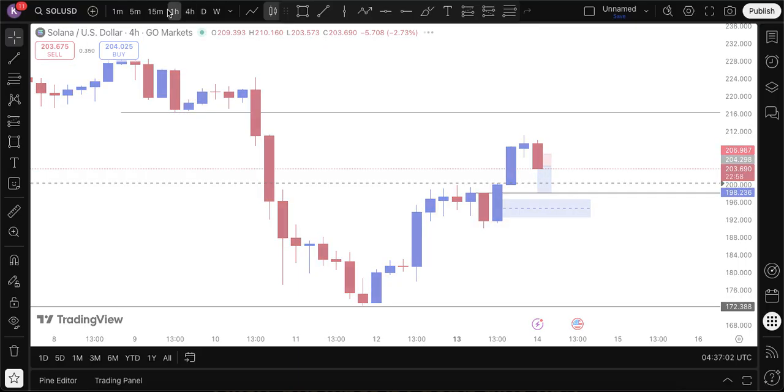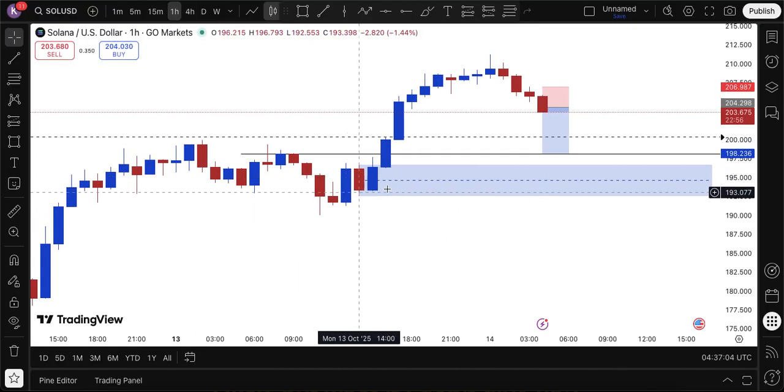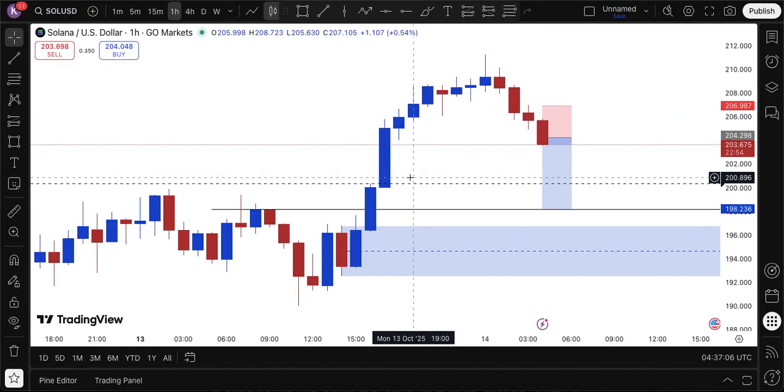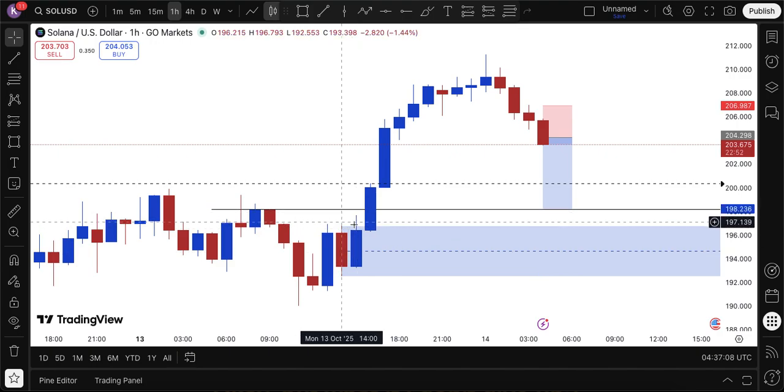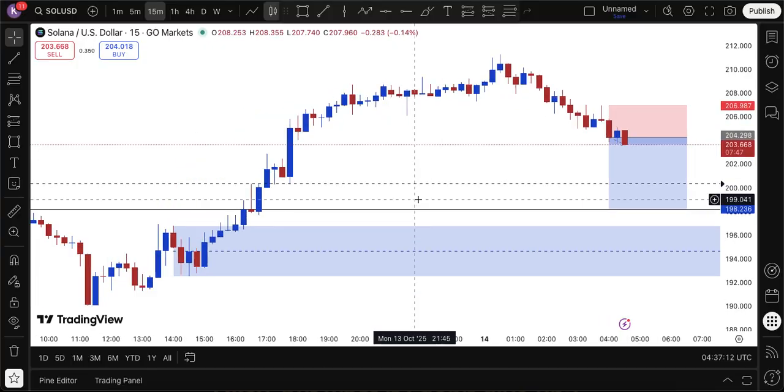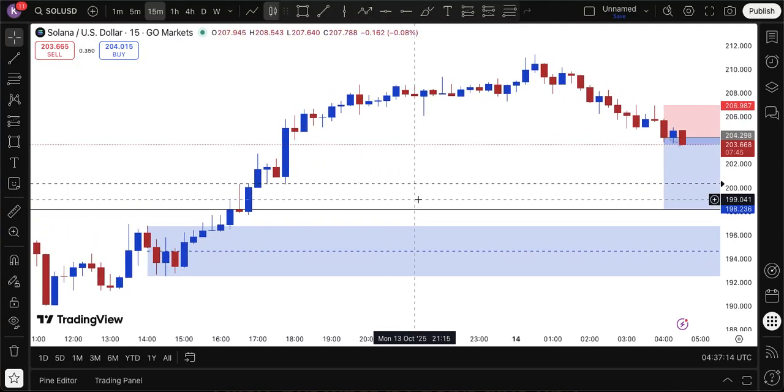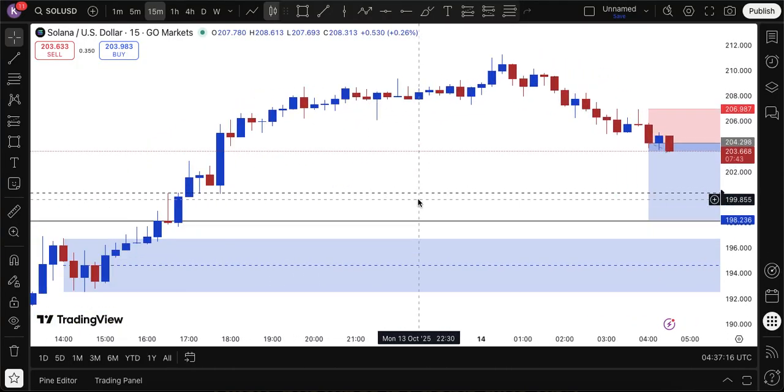I then went to the 1 hour and I noticed this beautiful order block here. But this one didn't engulf it, so I don't know why I marked it out. I think I like to use 15 minutes better. I think I used 15 minutes. Maybe I know what I'm doing, but yeah, I don't know why I did that.